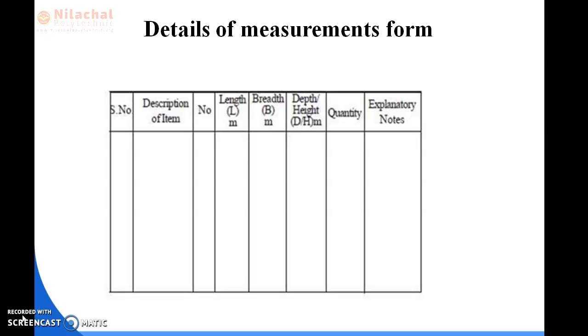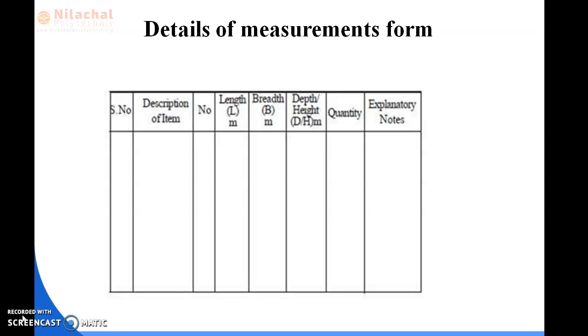Here the first column indicates serial number, the second column indicates description of item, or we can write here particulars, then numbers, or we can write here item numbers, then length.